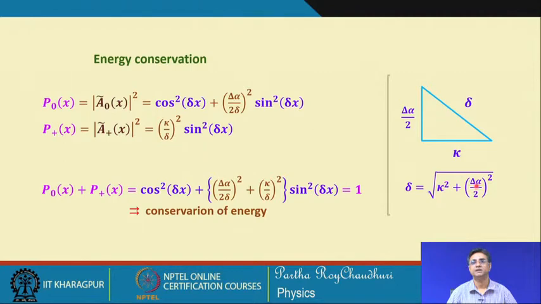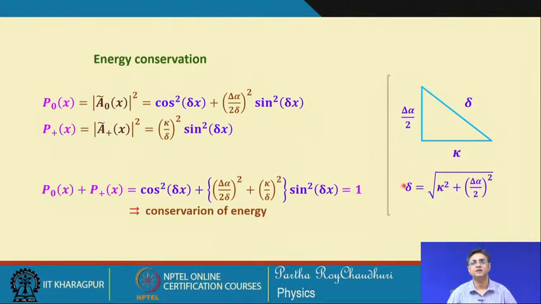You can see that this is the factor delta alpha, where alpha plus and alpha are the x components of the propagation vectors: alpha for the incident beam, and alpha plus for the diffracted beam of plus order. If these two differ by a small amount, that is, they are almost close to each other, then this delta alpha will correspond to a value equal to 0.